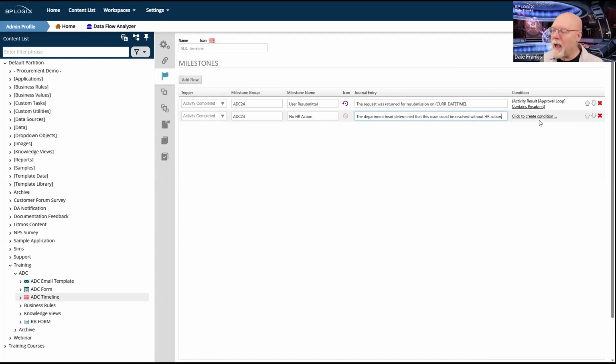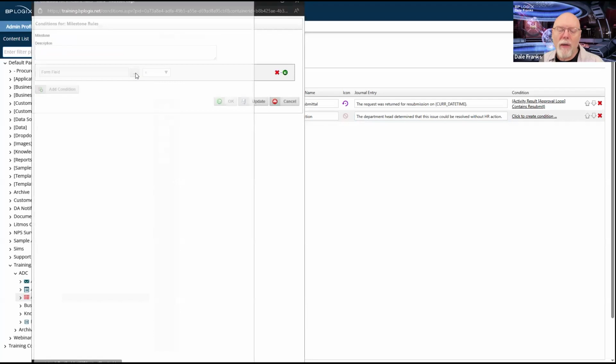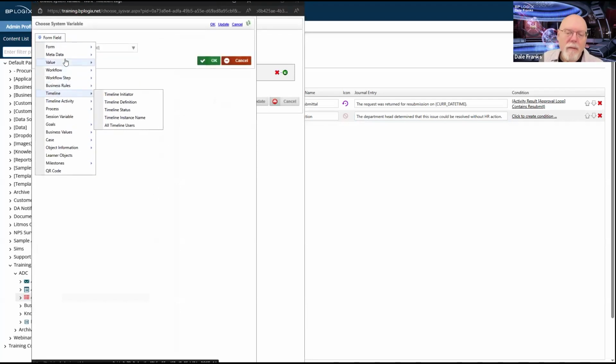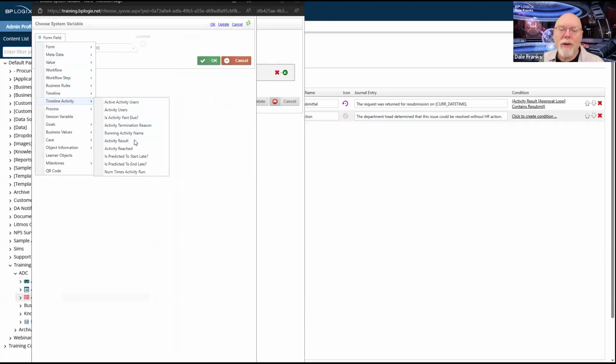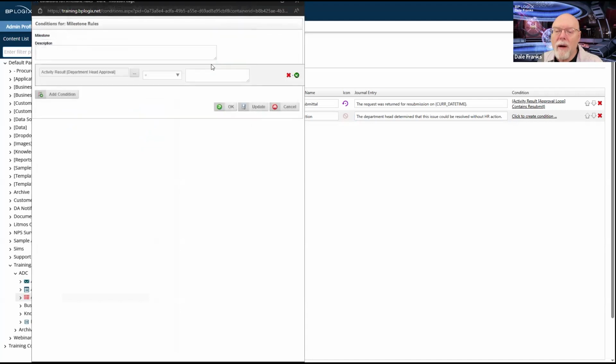So when an activity completes, I want to test this. So what we'll create as our condition is we will look for whether our timeline activity result for department head approval, and we'll just say contains department.